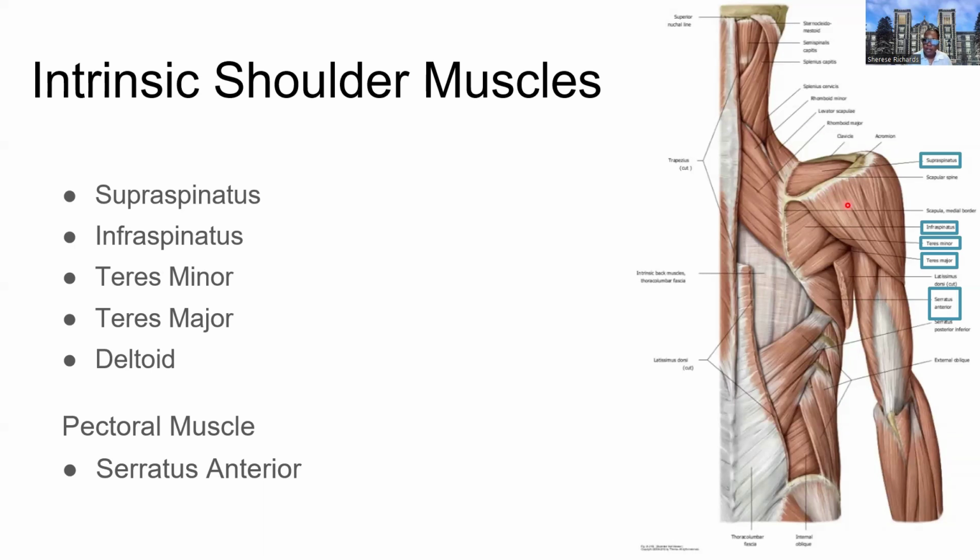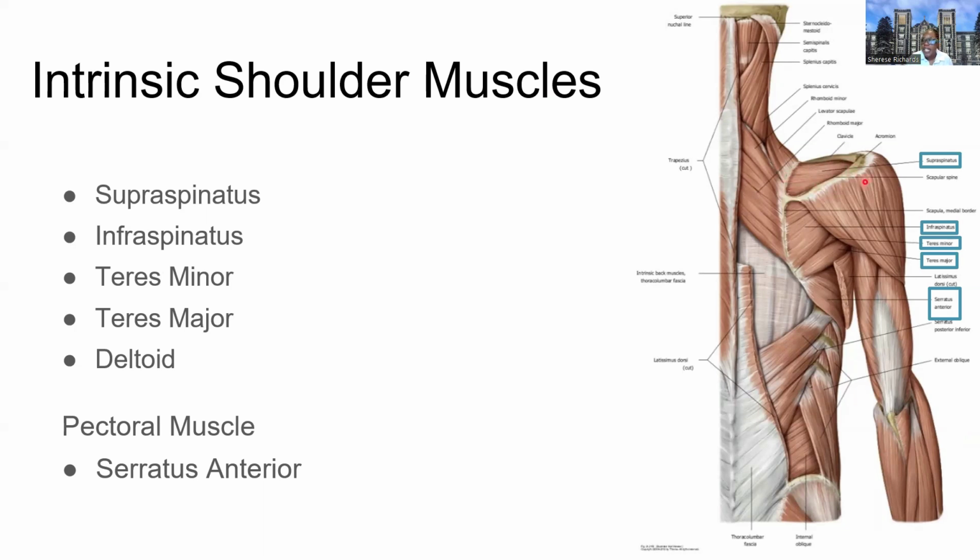And then we have some others that are found more externally, but still within the shoulder. So the supraspinatus, infraspinatus, and teres minor, the first three muscles here, happen to be a part of the rotator cuff. So those would be the supraspinatus, found in the supraspinous fossa. We discussed this fossa last week when we looked at the various surfaces of the scapula. So the supraspinous fossa having the